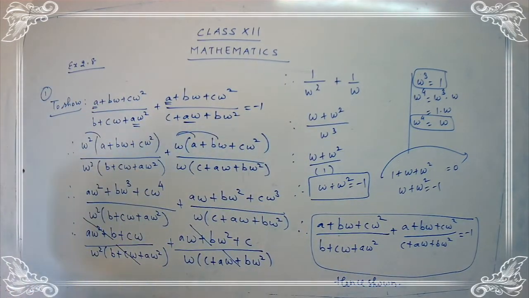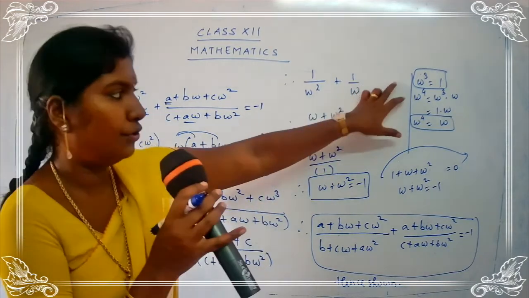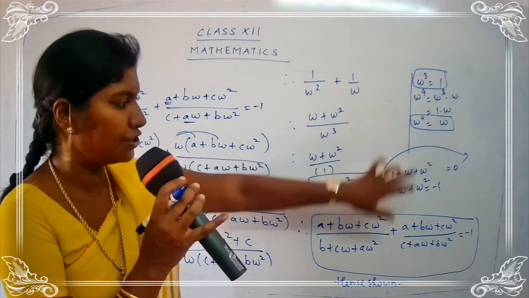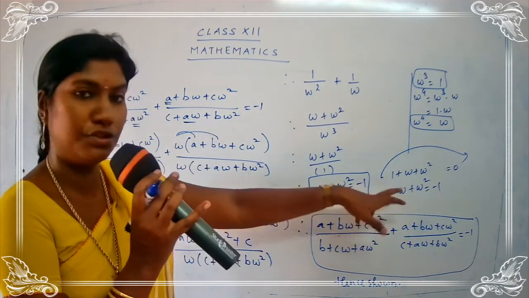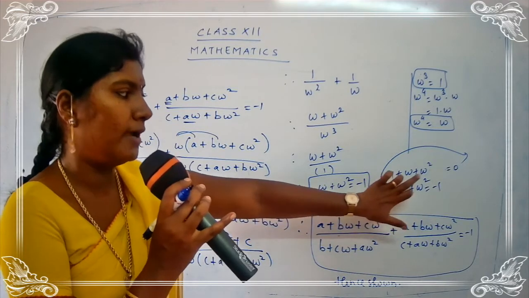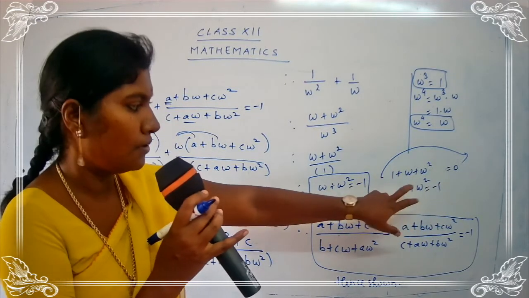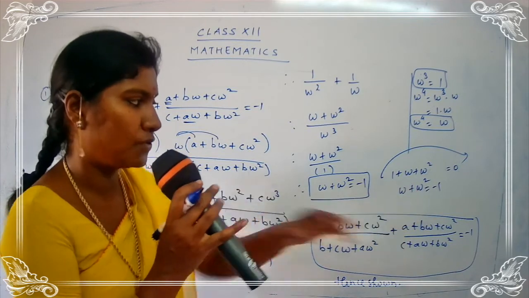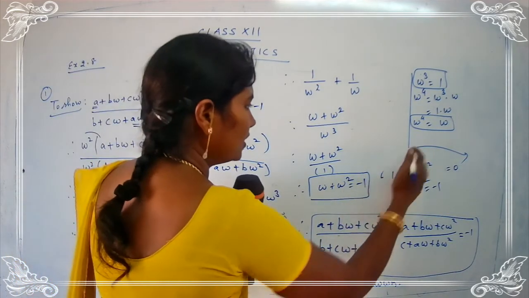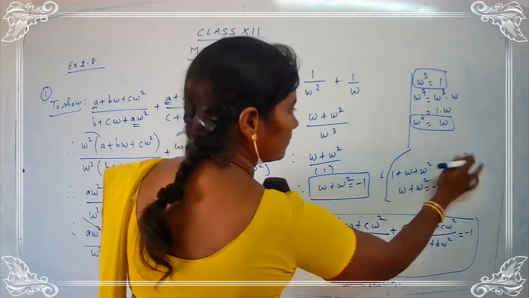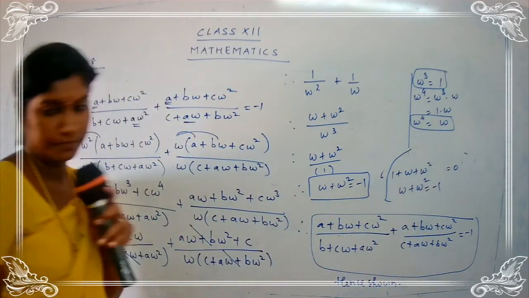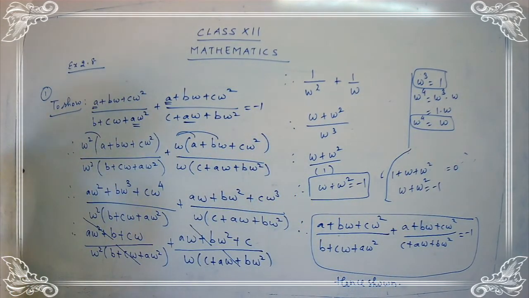So we have taken the first. I hope you are clear with the points. Here omega cube and omega raised to 4 was one of the applications, and also we have used the sum of the nth roots of unity. So 1 plus omega plus omega square is equal to 0. So I get the value for omega plus omega square is equal to minus 1. You have to take down this point in the rough part. Below this you can take down this point. I hope you are clear with the first sum. It's very easy.